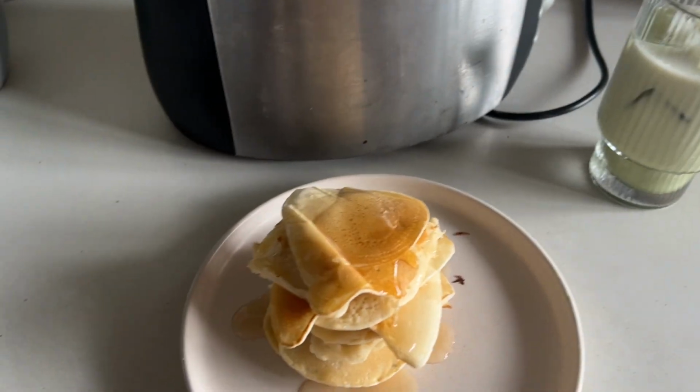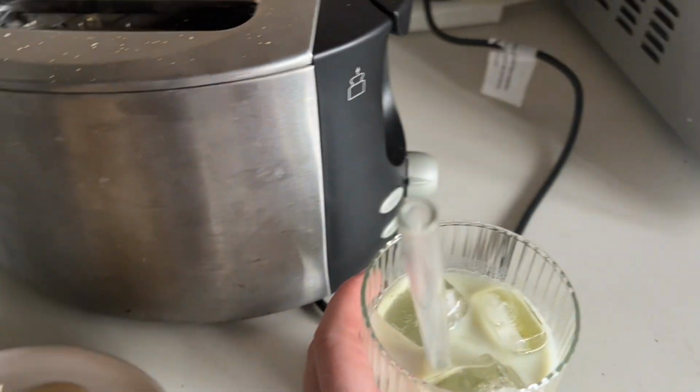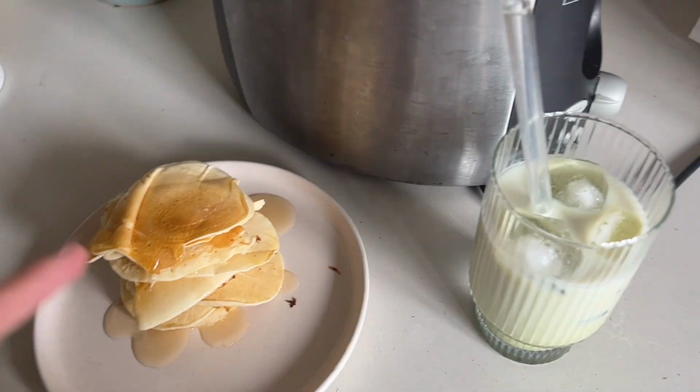So I just made myself a little, when I say little, that is not little, stack of pancakes and an iced matcha latte, my favorite. So I'm gonna eat these now. They look